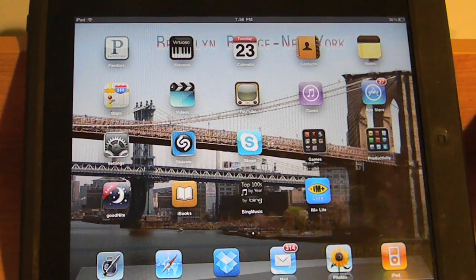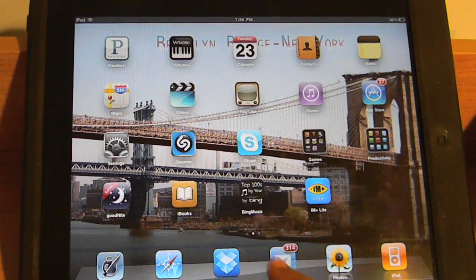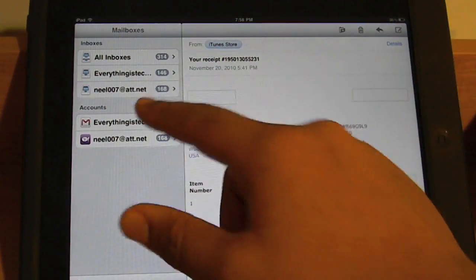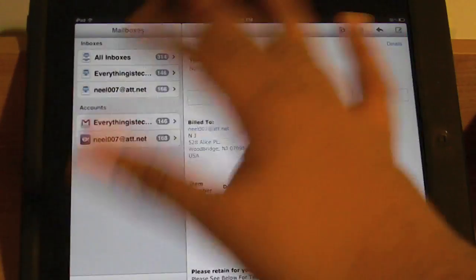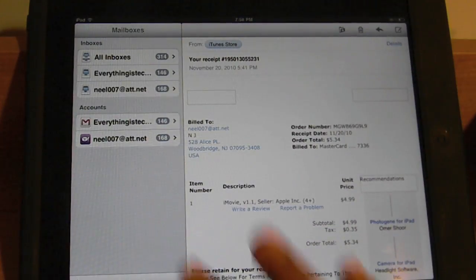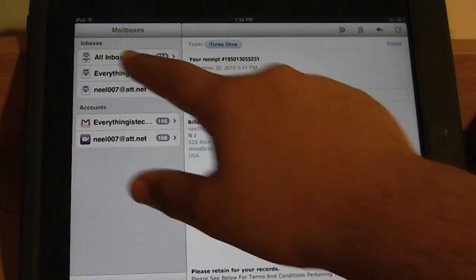Pretty much what it does is, if you have more than one email address, I'm just going to open it up and show you. As you can see, I have two email addresses. One is my Gmail, and my other is my Yahoo. My Yahoo one is kind of personal, so I don't want you to see it, so I might blur it out. But anyways, since I have my two email addresses right here, what this actually does is, if you see the